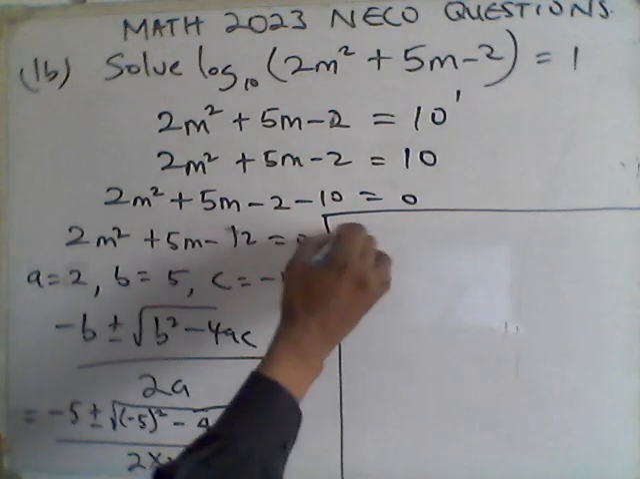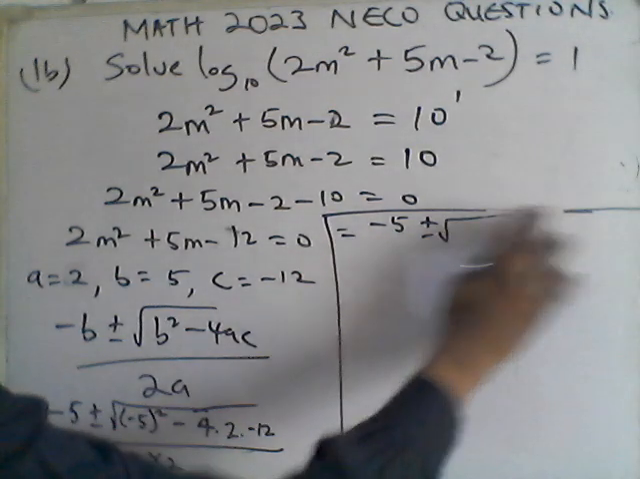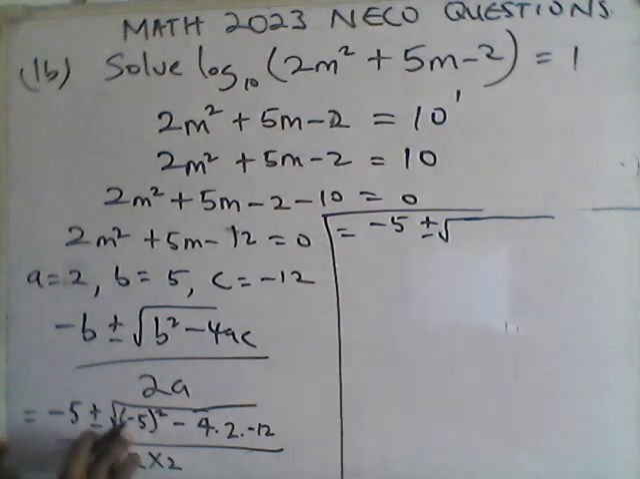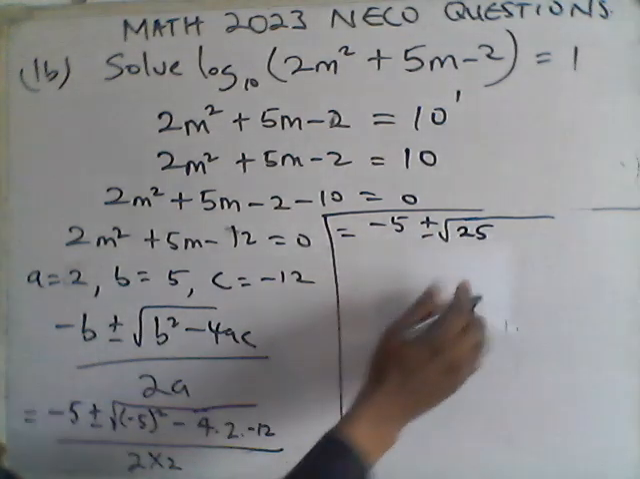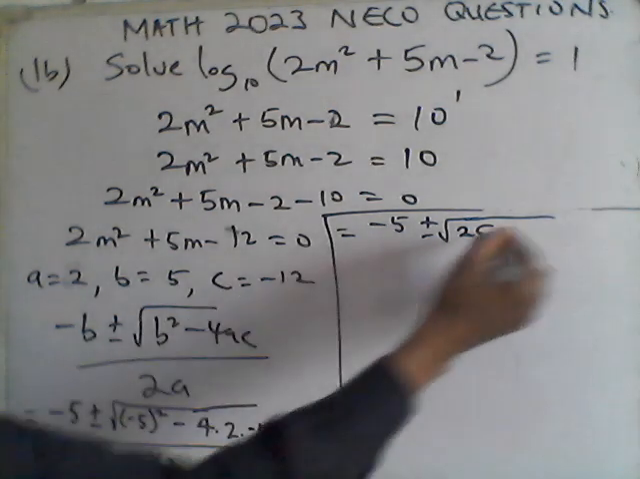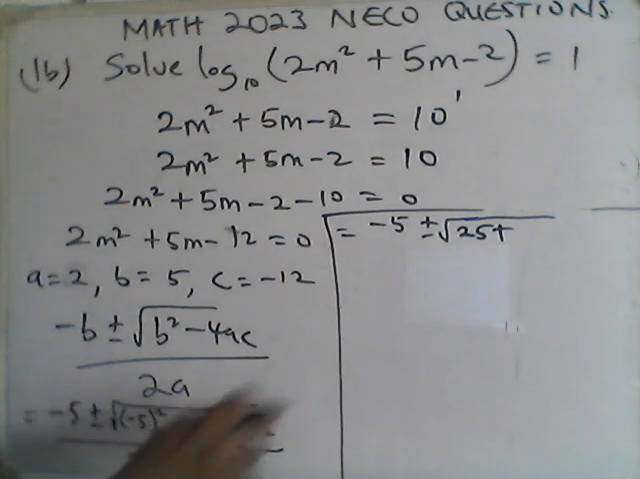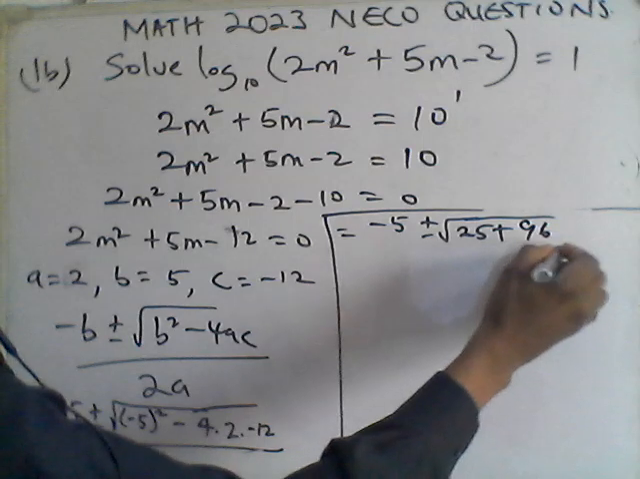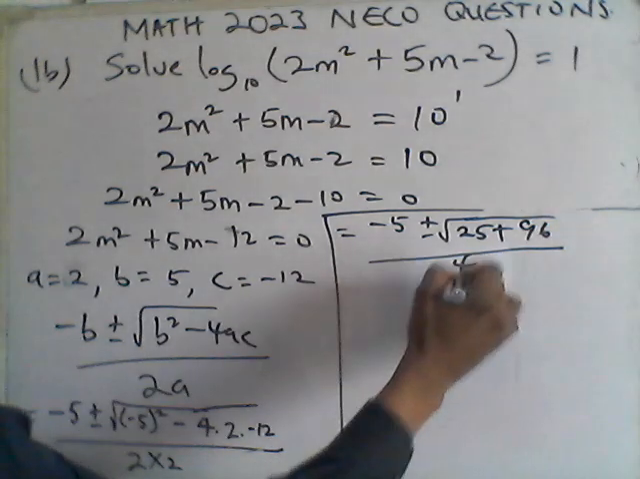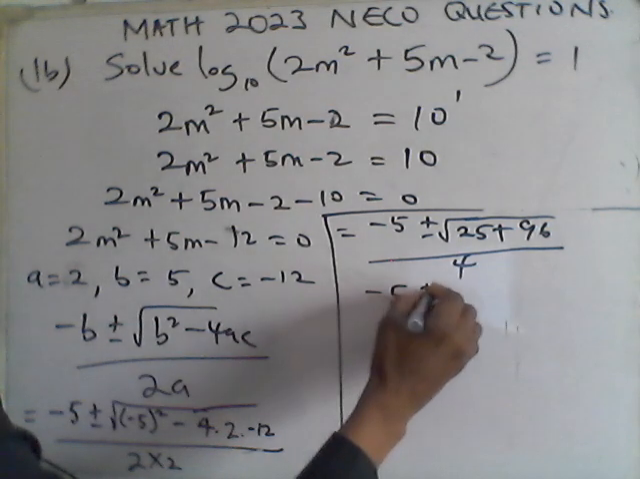Okay, so I continue from here. Minus 5 plus or minus the square root. So this minus 5 squared is 25. Then this is minus and minus here. Minus minus will give me plus. Then 4 times 2 is 8. 8 times 12 is 96. 96 all over 2 times 2 is 4. So I'm working towards getting 2 roots. Okay, so minus 5 plus or minus